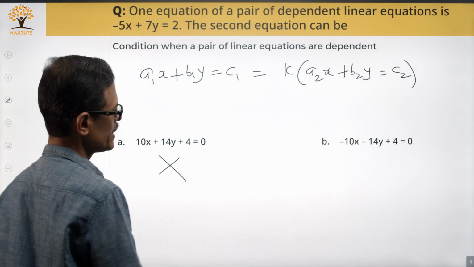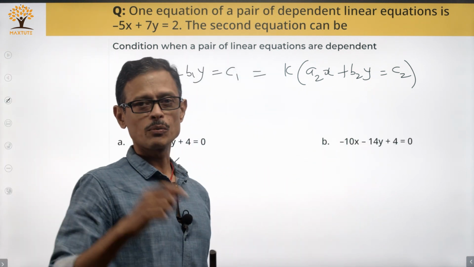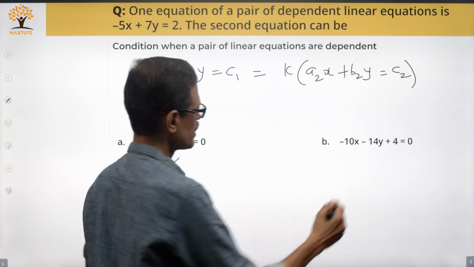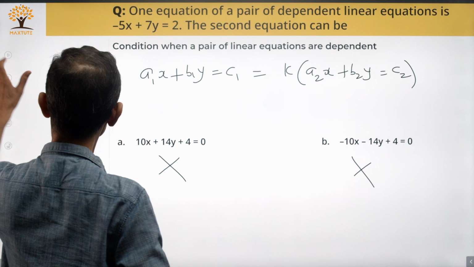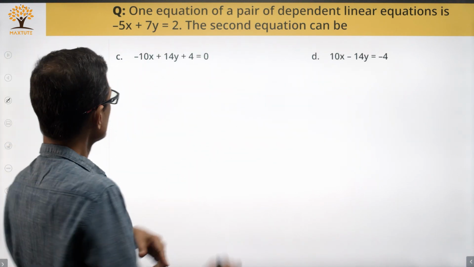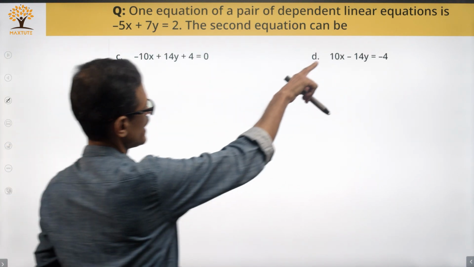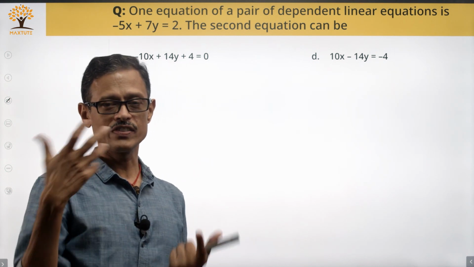Let's look at answer option B. Again, both are negative, whereas we wanted one to be positive and the other to be negative. So answer option B also can be eliminated. These are quick cues to eliminate answer options. Move on to the remaining two, C and D. In C, x is negative and y is positive; in D, x is positive and y is negative. Both are feasible answer options.